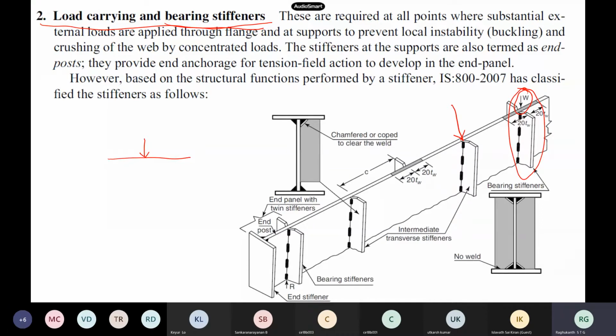Then another most important thing is, see the flange here, this portion. You can't join the stiffener directly, because the web and flange will already be welded. Now you are providing an additional stiffener, which is like this. So you will have a gap before this welding and this welding. Sometimes we call this a chamfered or coped region, to clear the weld. Like this you see the stiffener will be there. So the coping length also comes into picture. That is how the stiffeners are attached. There will be a small gap, which we call chamfered or coped, to clear the weld itself.